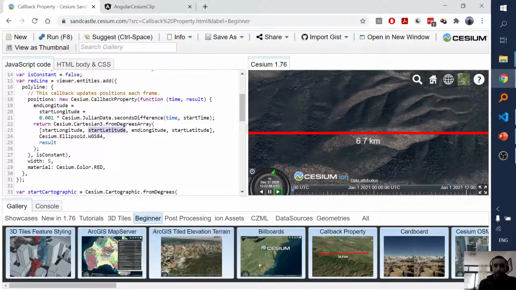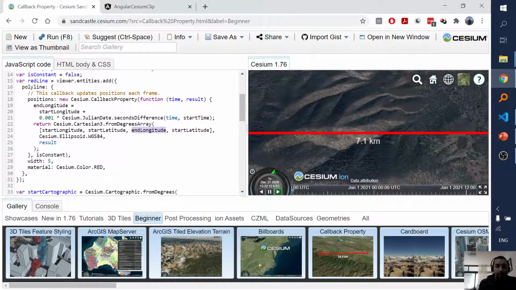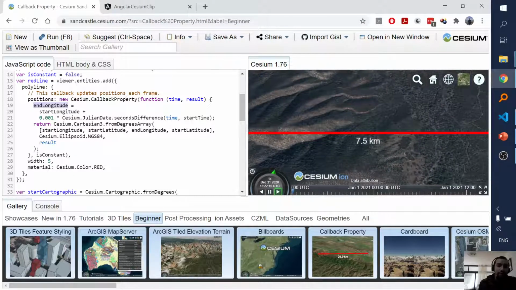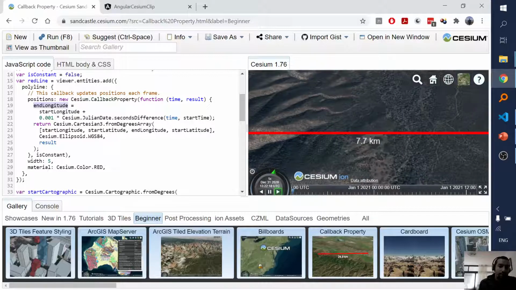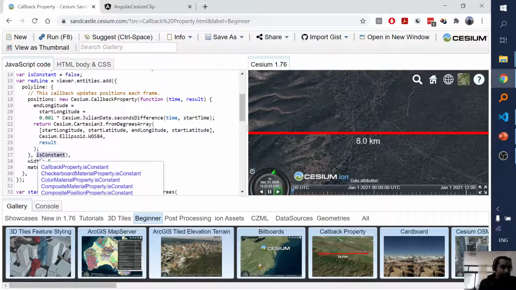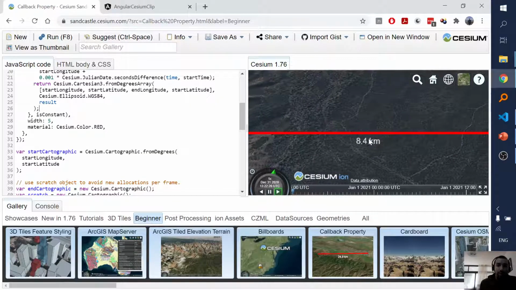Okay, the latitude stays the same, just the longitude is changed. And here see the end longitude is changing every different second in the time. Okay, very simple. Now it's how to draw the polyline, but how to draw